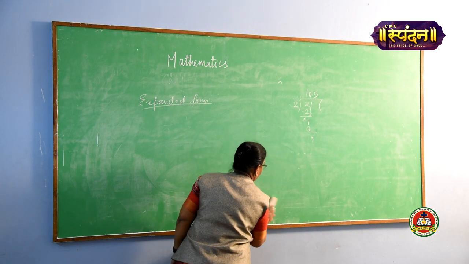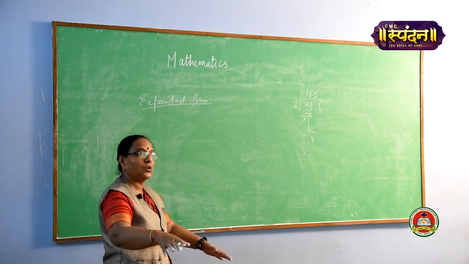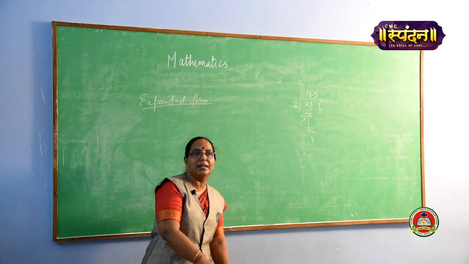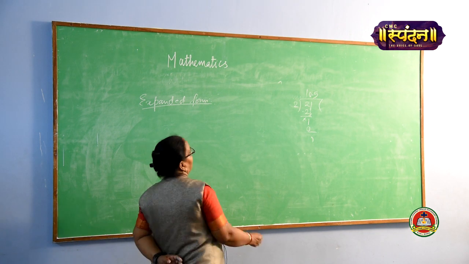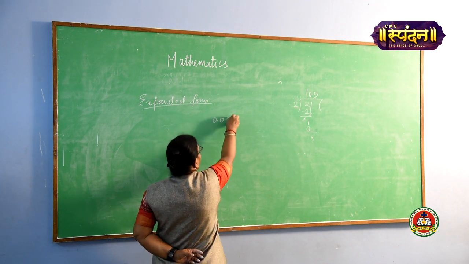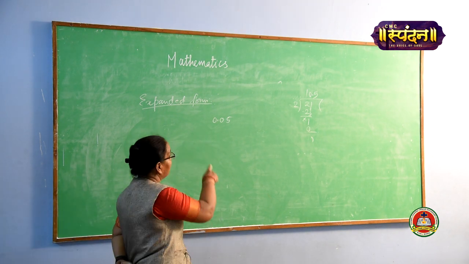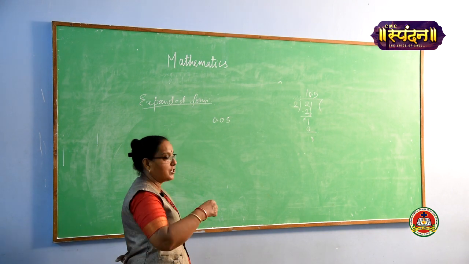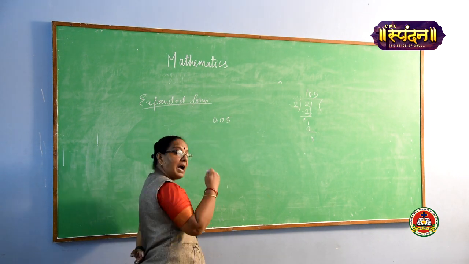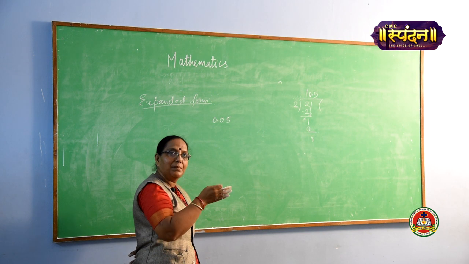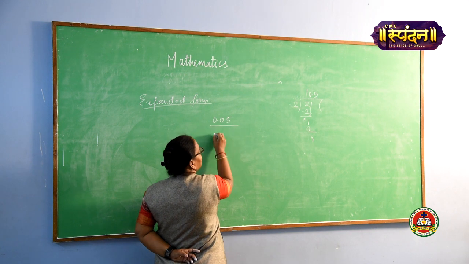Now, sometimes they are going to ask about simplest form. Simplest form means the number is already in decimal or in fraction form, and they are asking to convert into simplest form, or write in the simplest form or the lowest form. For example, the decimal number is 0.05 and the question is to write in simplest form. So first of all you have to change it into fraction form. So how to change into fraction form? See, whatever be the number of digits after the decimal, you consider every digit as 0 and write at the opposite side. For the decimal, you have to write 1.